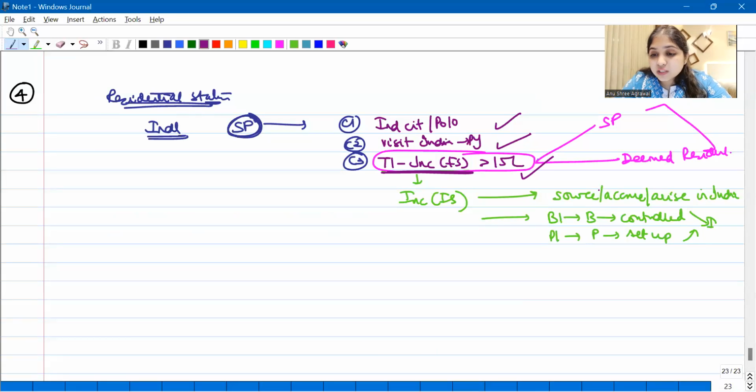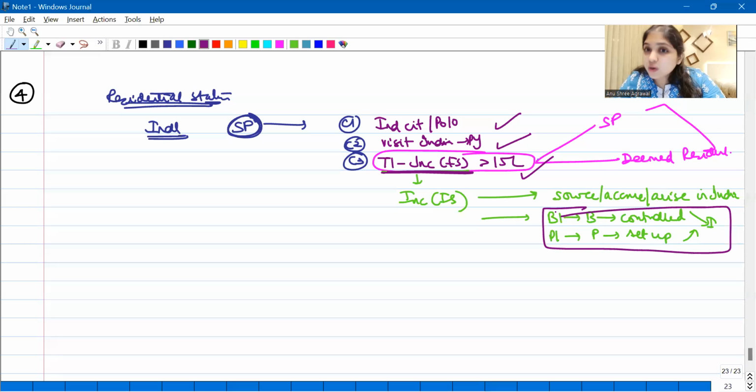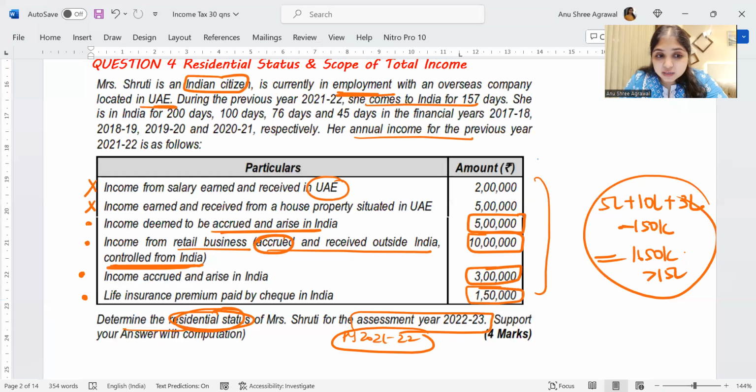Income from Indian source means not only should it be accruing in India. Generally, income from Indian source means it should be accruing in India. But just for the purpose of this special provision, just for the purpose of deemed resident, in both of these places, you have this condition. When you have this condition, income from Indian source will also include income from businesses which are controlled in India and incomes from professions which are set up in India. So that is why I've considered this particular point. Rest of it you must have understood. Rest of it is normal.